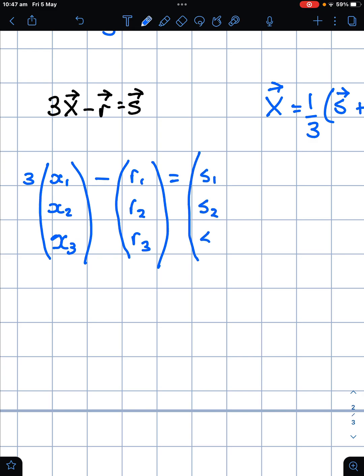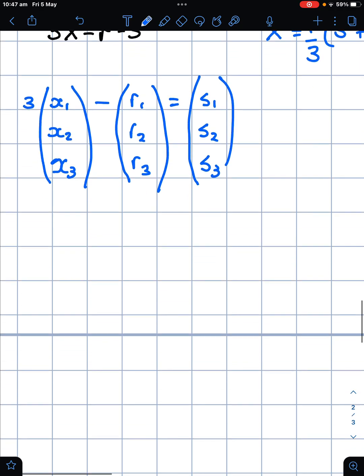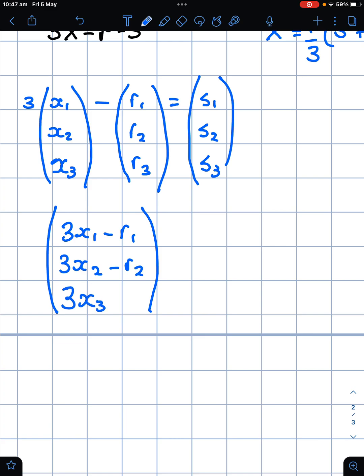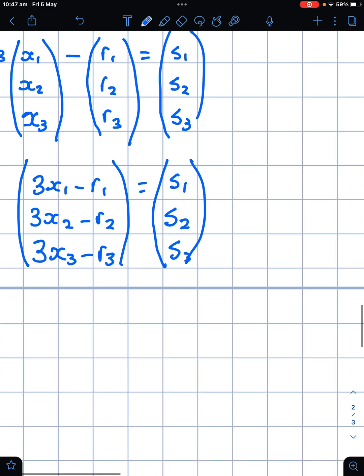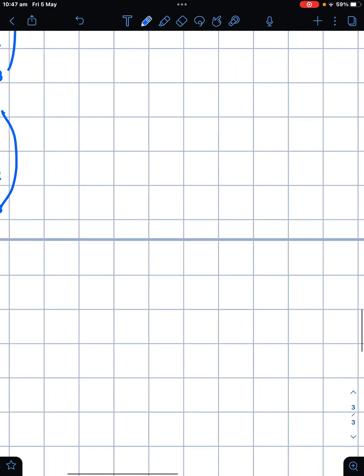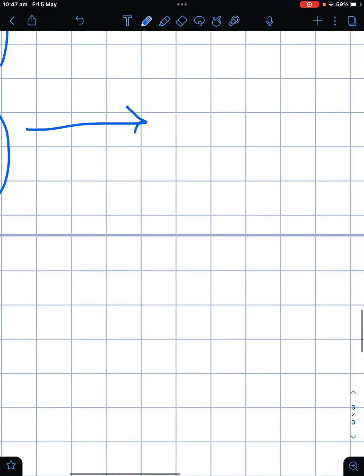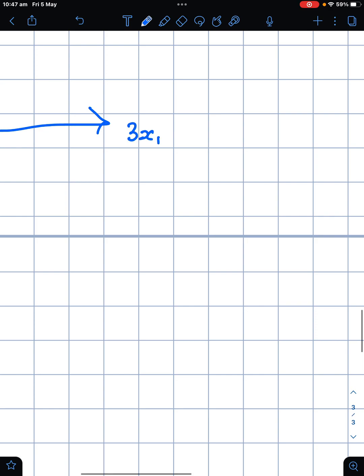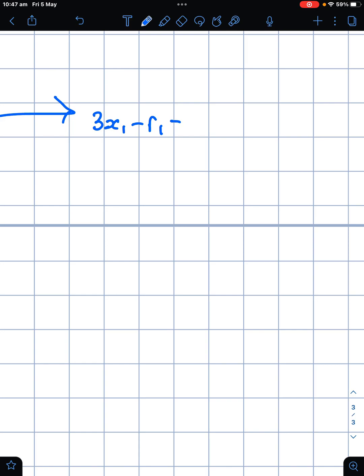equals s1, s2, s3. And so you'd put these all together, and the next line would be we'd get 3x1 minus r1, 3x2 minus r2, 3x3 minus r3 equals s1, s2, s3. And we would then have to make these equivalent. So we would then write that we'd have 3x1 minus r1 equals s1. And we would then solve this for x by going